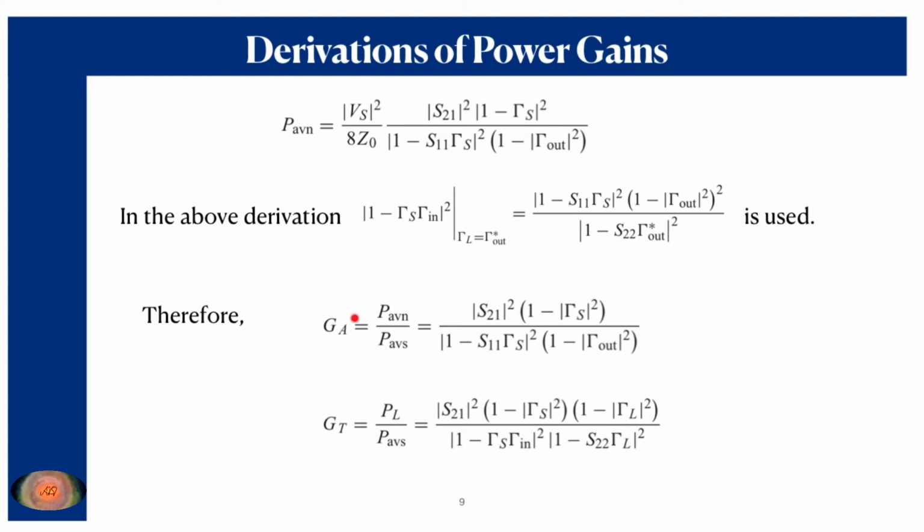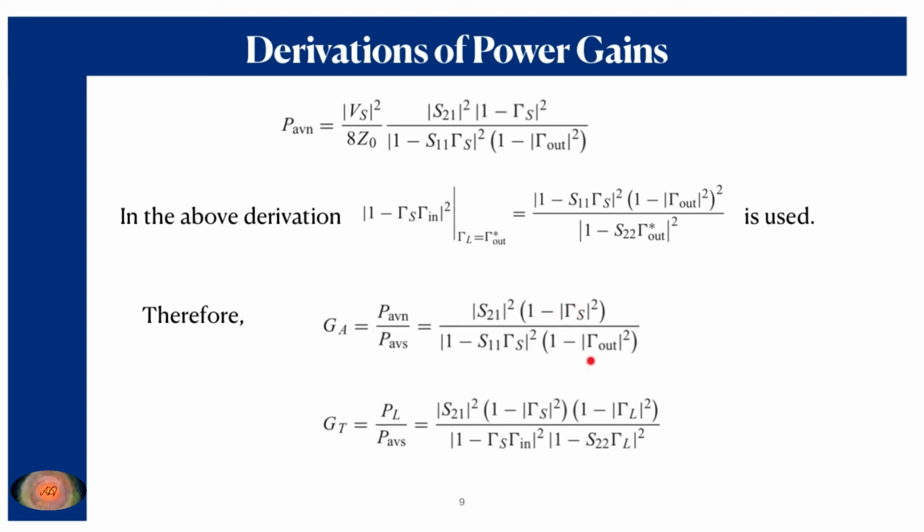Look at the expression of the available power gain. Now here, due to the presence of this gamma s, the available power gain is reduced, whereas due to the presence of this gamma out, the available power gain can be increased if gamma out is close to unity. Whereas if gamma s is close to unity, this available power gain will be reduced. This is because, consider that gamma s is equal to 0. That means you have achieved the conjugate matching between the source impedance and the characteristic impedance.